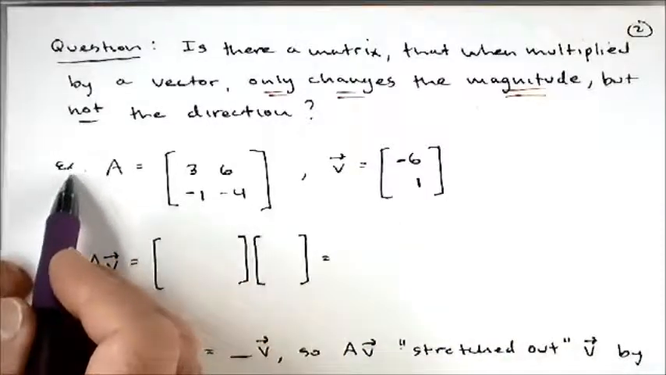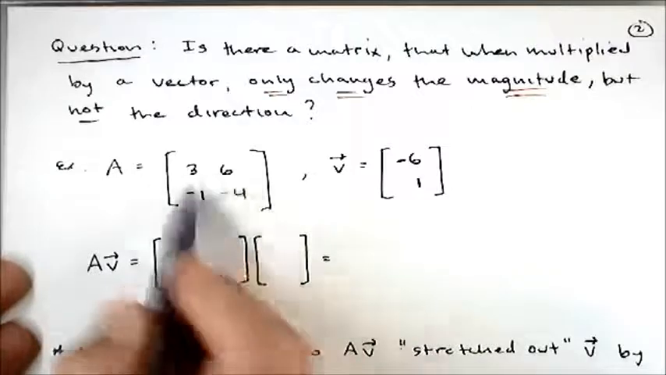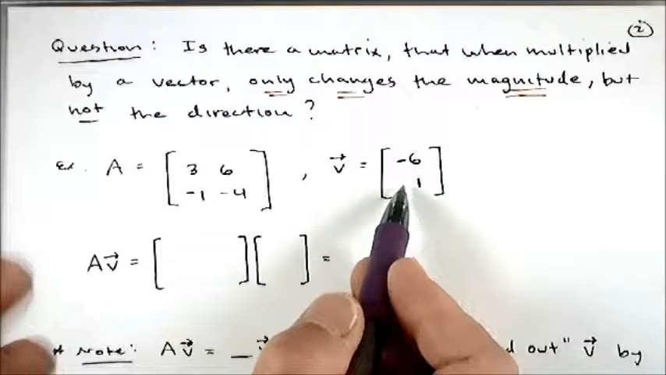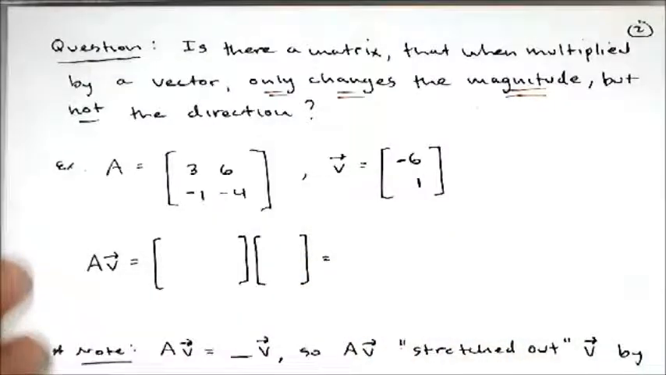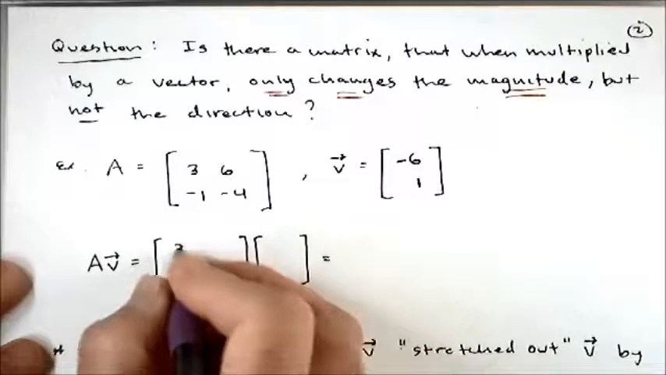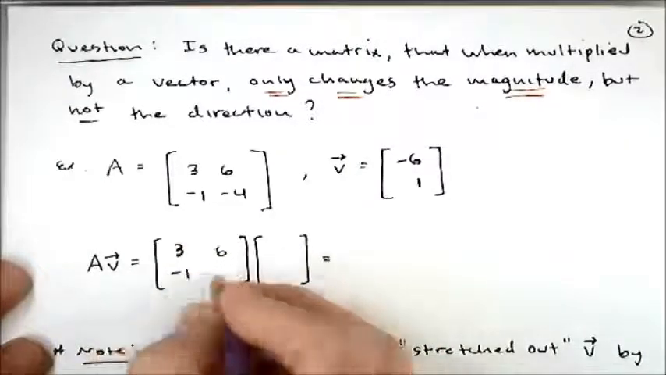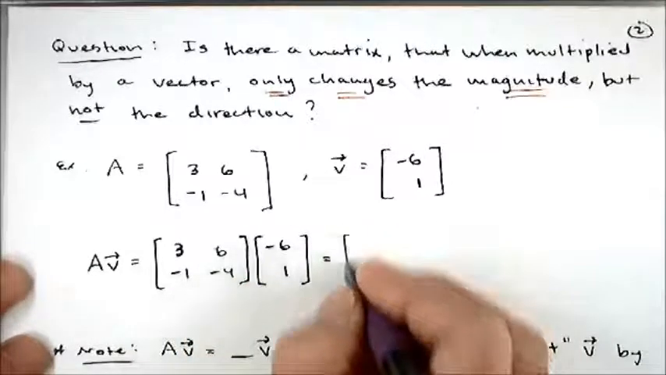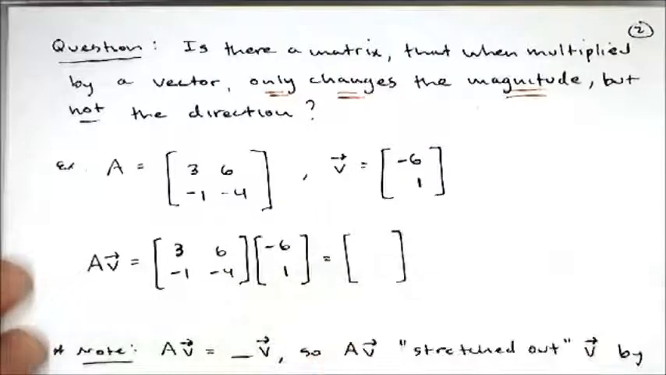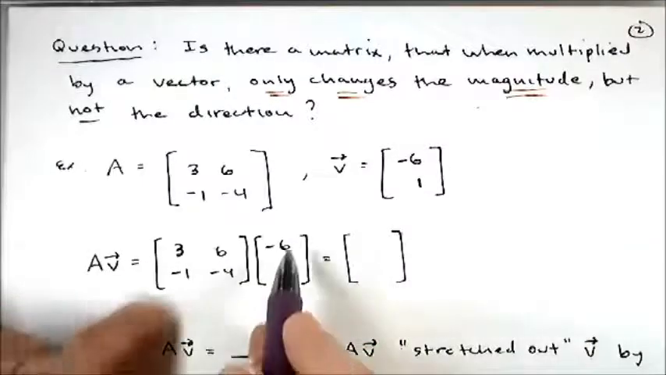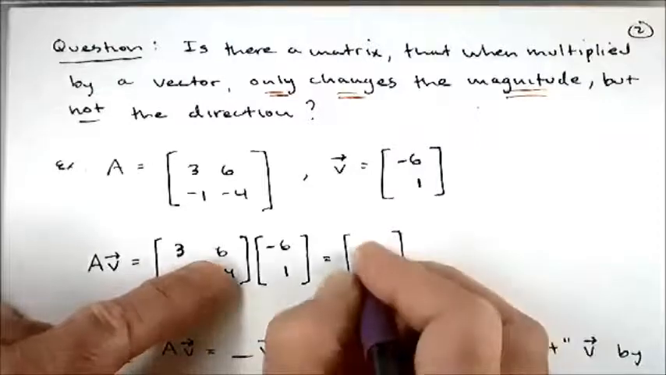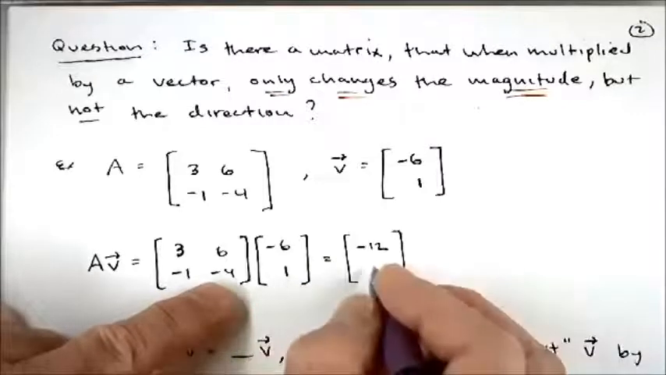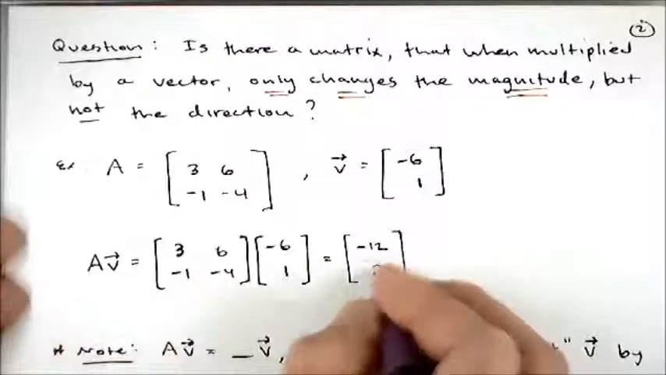So let me give you my take on this. If I had this matrix A and this vector V, let's see what happens when we multiply them together. So I do [3, 6; -1, -4] times [-6, 1]. That gives me -18 plus 6, which is -12. And 6 minus 4 is +2. So I get another vector